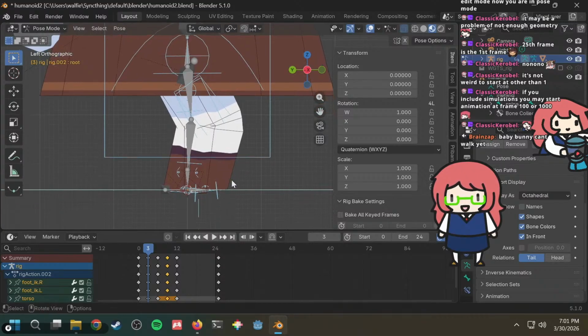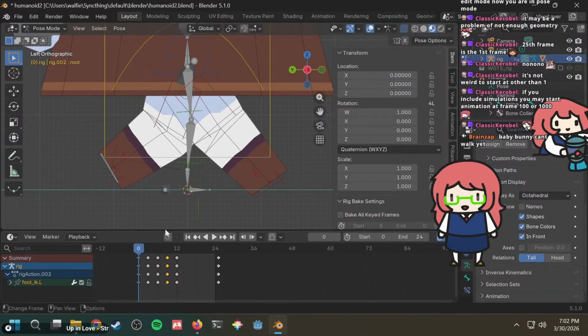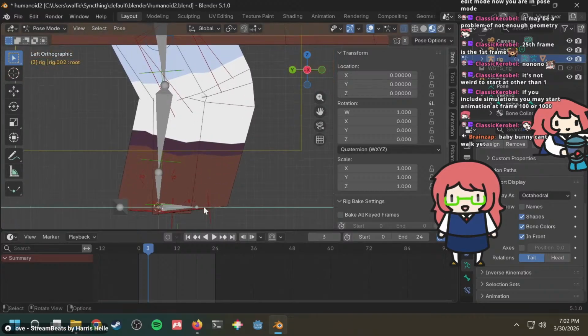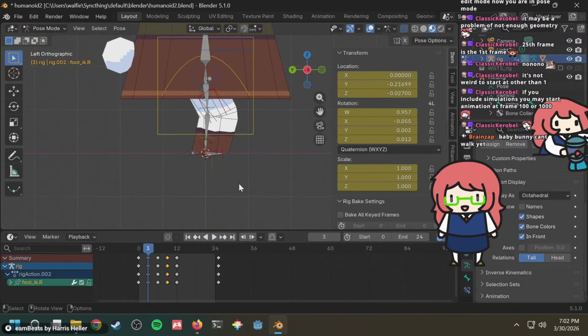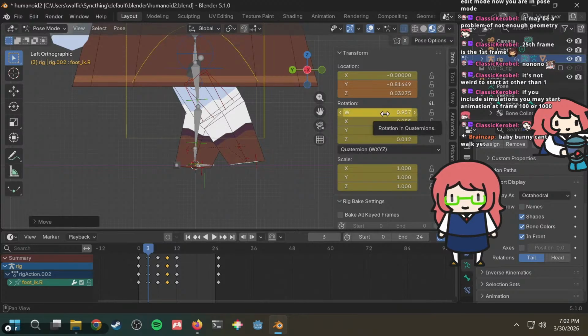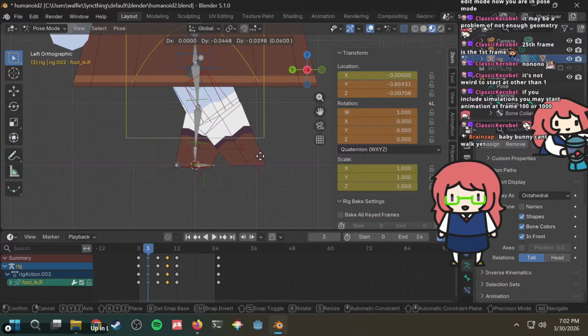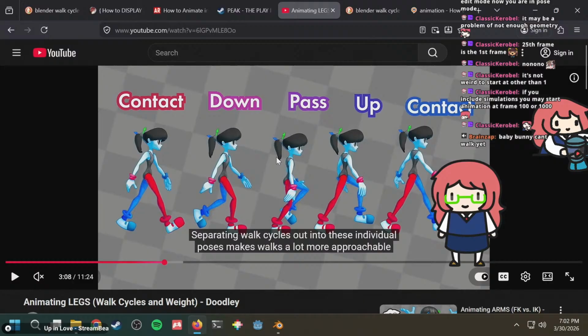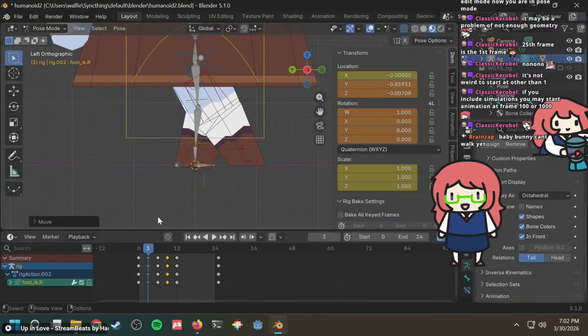Alright, let's go back here. Let's click on the foot IK. Wait, this is the right foot. Okay, so this right here is the right foot. Baby bunny can't walk. It's true. Alright, rotation of this should be, let's reset the rotation. Let's bring this over here. Rabbit is walking forward. Although the hips, hold on, the hips should be moving.